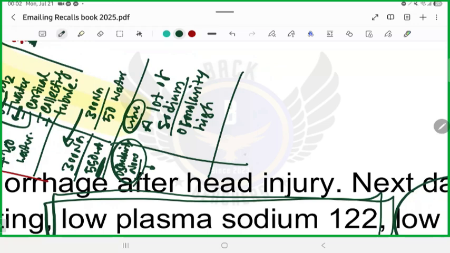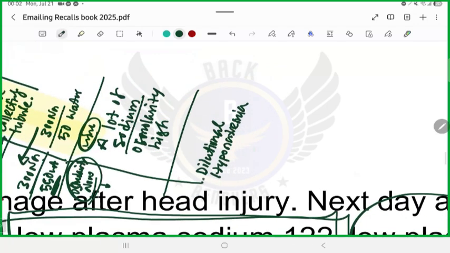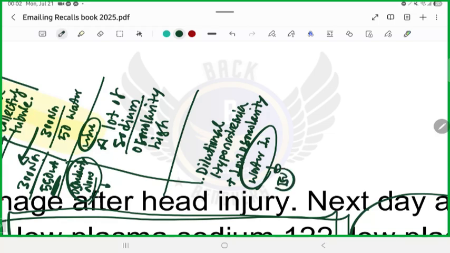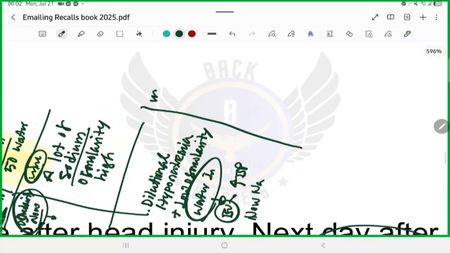So this we will call dilutional hyponatremia plus low osmolarity. And due to water being high, we will have high blood volume and of course high BP too, but with low sodium. And in urine, we have increased